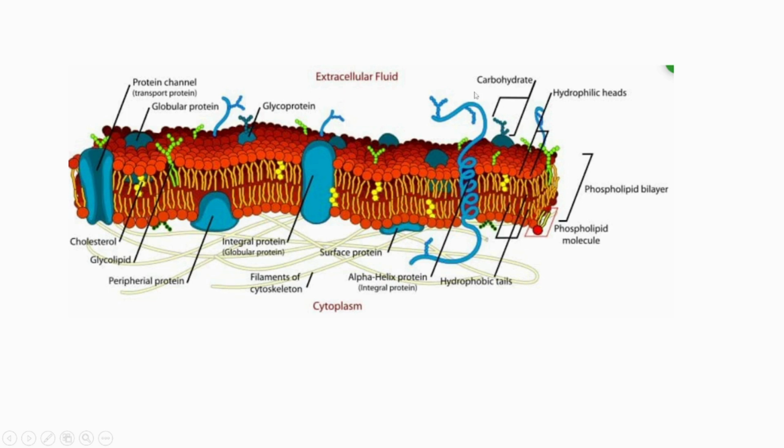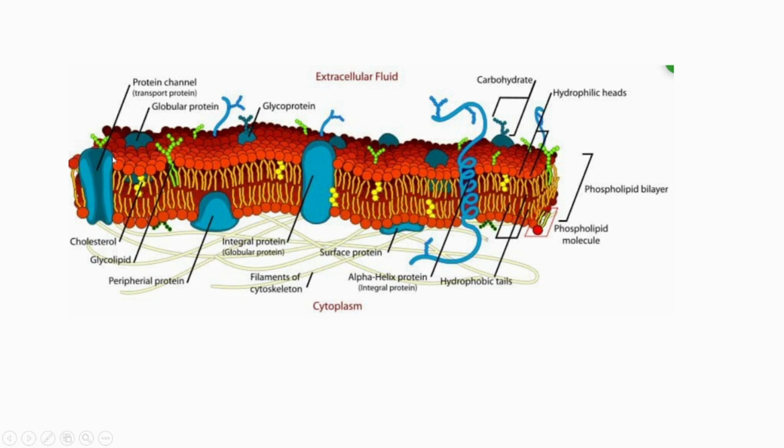Along with this, you have carbohydrates and surface proteins, and you have filaments or cytoskeleton, which provides the strength or the support for the cell. You have peripheral protein here, you have glycoprotein. See, here in plasma membrane, you need to remember that it is made up of phospholipid layer,